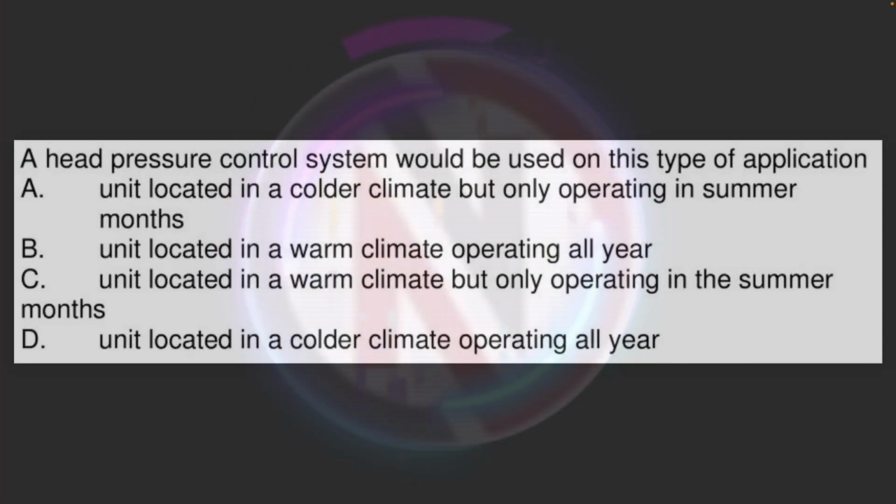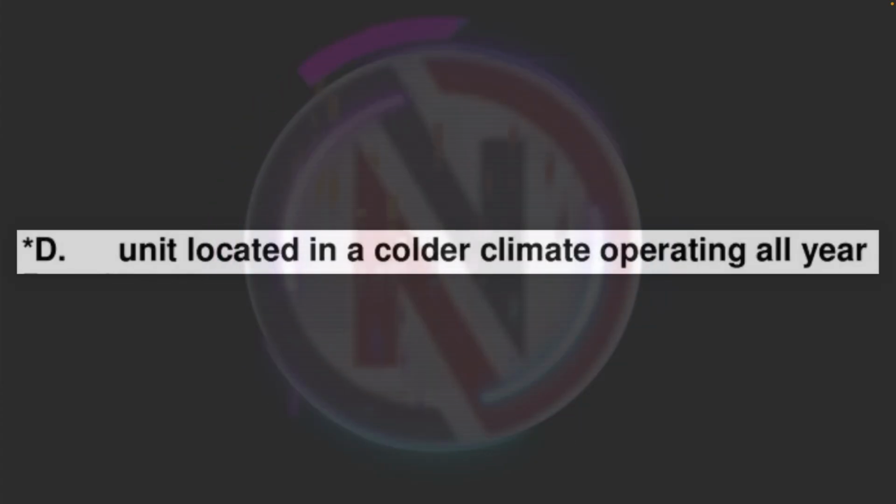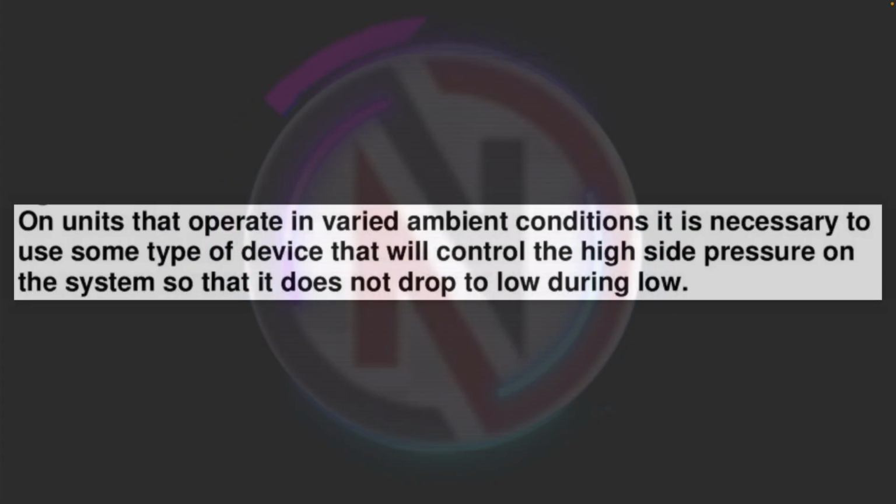A head pressure control system would be used on this type of application: A. Unit located in a colder climate, but only operating in summer months. B. Unit located in a warm climate, operating all year. C. Unit located in a warm climate but only operating in the summer months. D. Unit located in a colder climate, operating all year. D. Unit located in a colder climate, operating all year. On units that operate in varied ambient conditions, it is necessary to use some type of device that will control the high side pressure on the system so that it does not drop too low during low